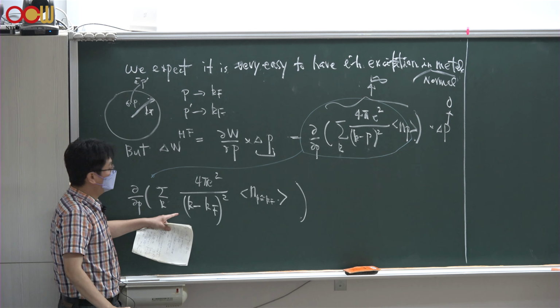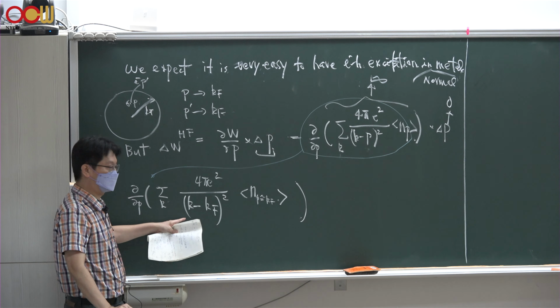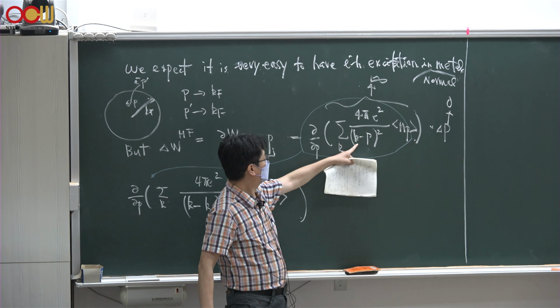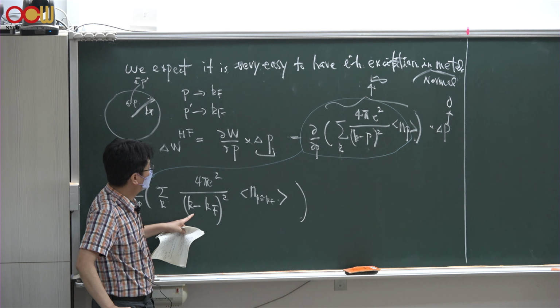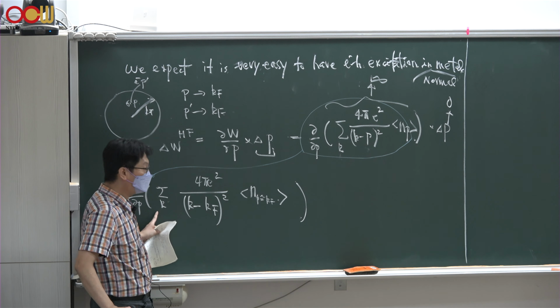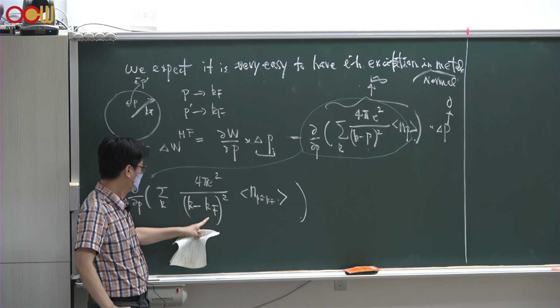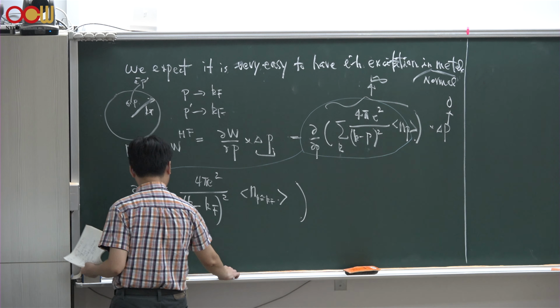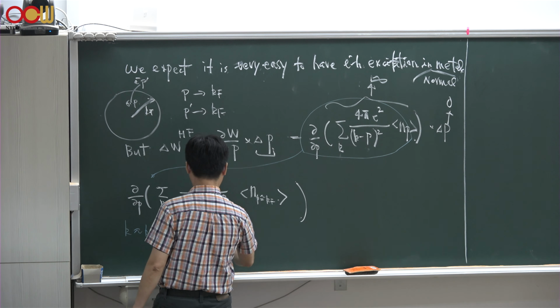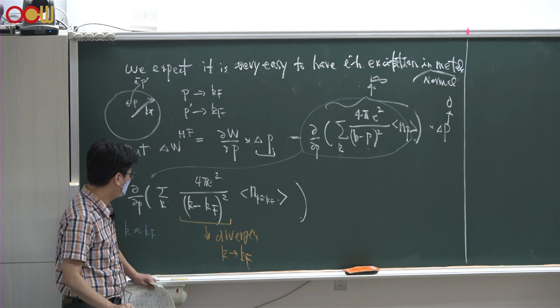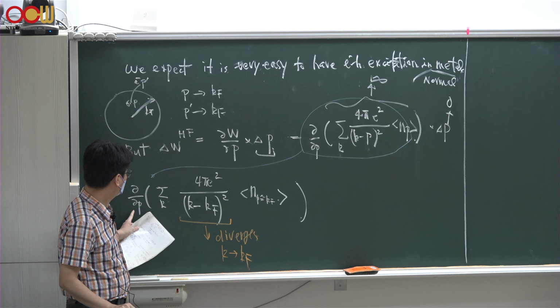So you immediately notice that in the denominator you get a Q squared, or square of the momentum transfer, right? And this momentum transfer is written in the form of K minus P, where P is very close to the Fermi momentum, Kf. So you sum over all possible K, right? For all the K's that are far away from the Fermi momentum, Kf, it is all right. It is finite. But when K is very close to Kf, this term actually diverges as K approaches Kf. Okay, why? Because this is a derivative of this P